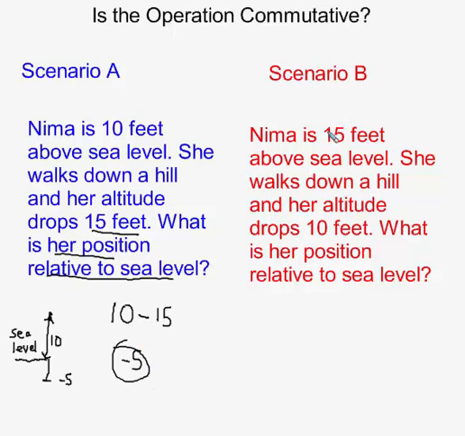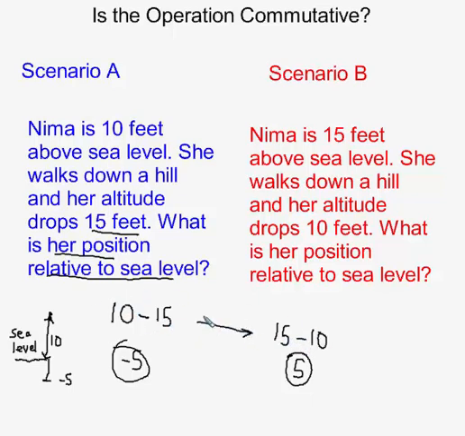In the second scenario, we have that Nima starts out 15 feet above sea level, and then she walks down the hill, but this time she only drops down 10 feet, so we would subtract 10 feet from her altitude. And what is her position relative to sea level? Well, she was 15 feet above sea level, she went down 10, so she would be at a position of 5. So this example illustrates the difference between doing 10 subtract 15 and 15 subtract 10,